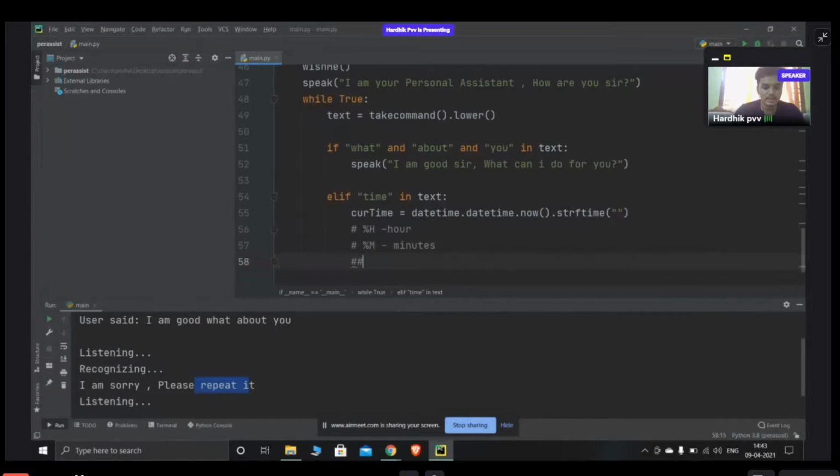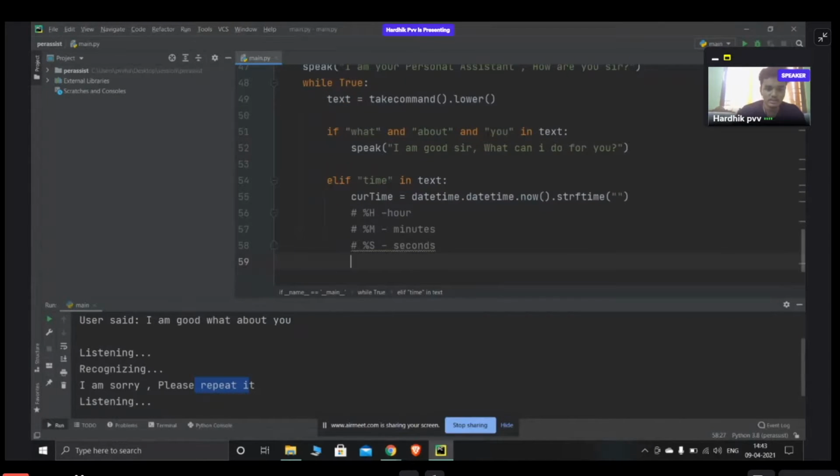Okay, and similarly percentage M is for minutes. Next, percentage S is for seconds. Again, it's capital only. So based on capital and small, it also changes, so be careful when you write this. This is for 24 hours format.